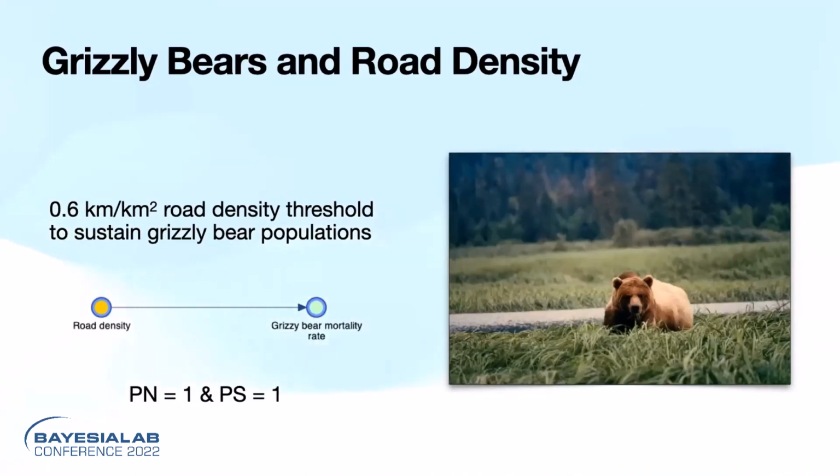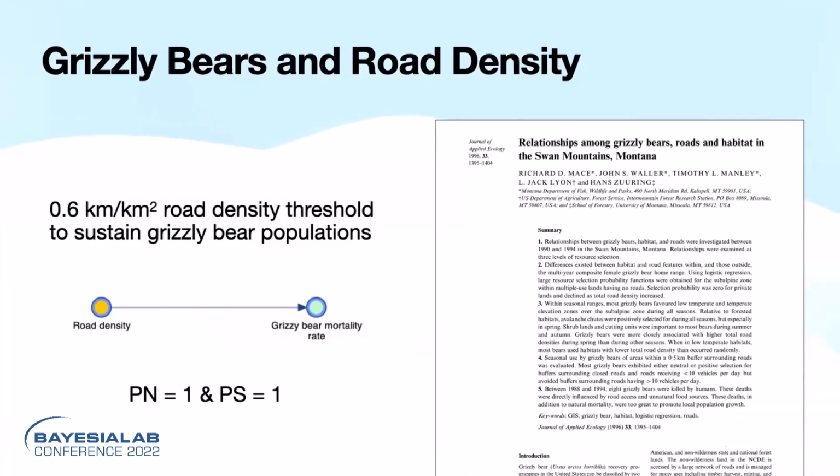And grizzly bears are obviously an iconic species in North America. Most of the population is in British Columbia, Yukon, Alaska. And it's a very important consideration in most environmental impact assessments. One of the main indicators we use to assess impacts on grizzly bears in development projects is road density. And based on some literature that goes back about 25 years now,